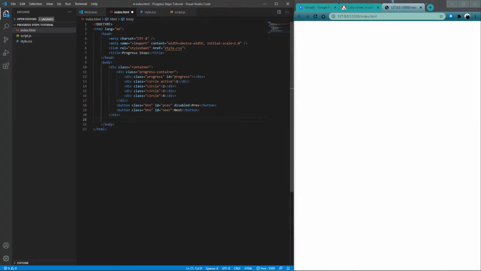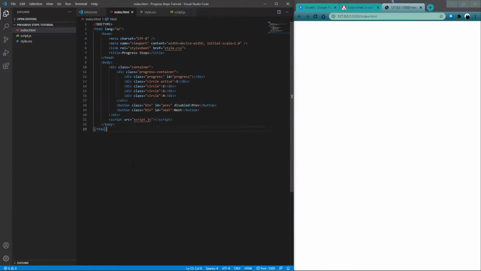Now outside of that div, but within the body tag, we'll go ahead and define the script. And we know the source is going to be our script.js. The reason that we define this outside of, or at the end of the content, is so that it doesn't interfere with the rendering of the content on the screen. We don't want it to be laggy. And so that looks good for our